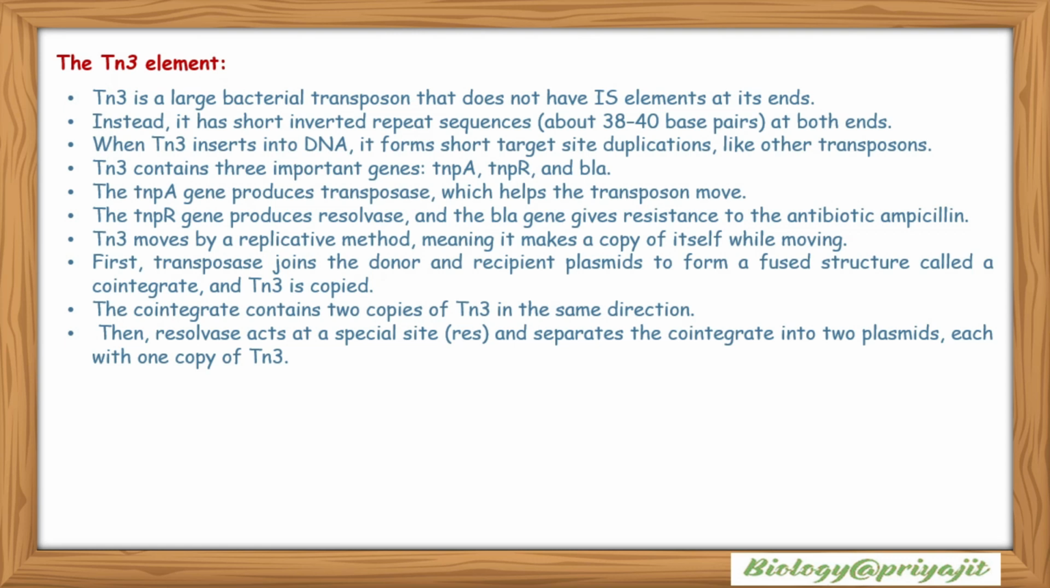Tn3 moves by a replicative method, meaning it makes a copy of itself while moving. First, transposase joins the donor and recipient plasmids to form a fused structure called a cointegrate, and Tn3 is copied here. The cointegrate then contains two copies of Tn3 in the same direction. Then resolvase acts at a special site, the res site, and separates the cointegrate into two plasmids, each with